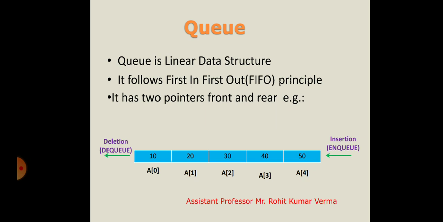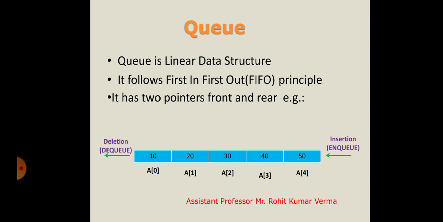principle. Second thing you have to remember, in case of a queue, dear students, we have two pointers. Our first pointer is for front and our second pointer is for rear. Or we can say that in case of a queue, we have two ends. One end is known as front and the second end is known as rear. So I think there is a question in your mind, sir, what is the front end and what is the rear